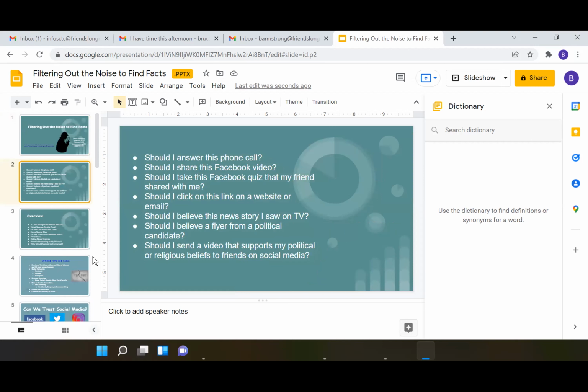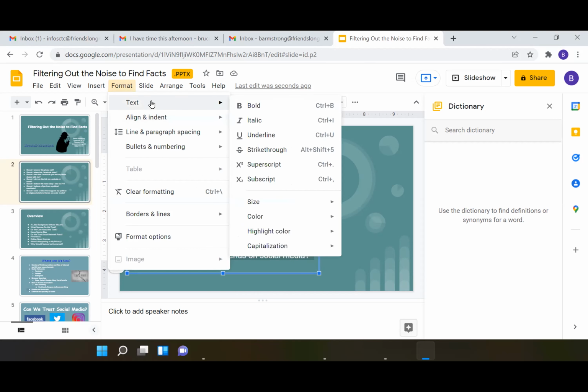My suggestion, kind of to what Betty said a little earlier, was don't get overwhelmed with colors and fonts and changing your fonts. Let's be really silly here and say, okay, I'm going to highlight this whole text box and I'm going to go to format and I'm going to go to text